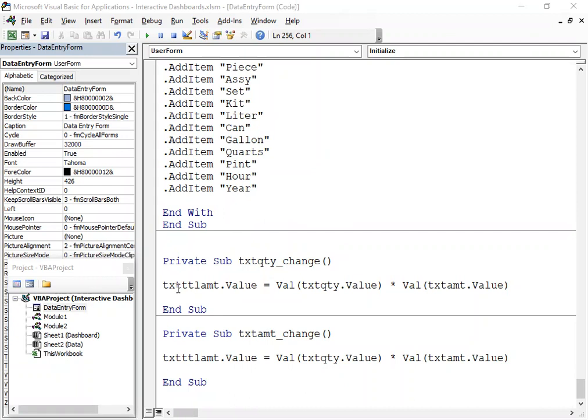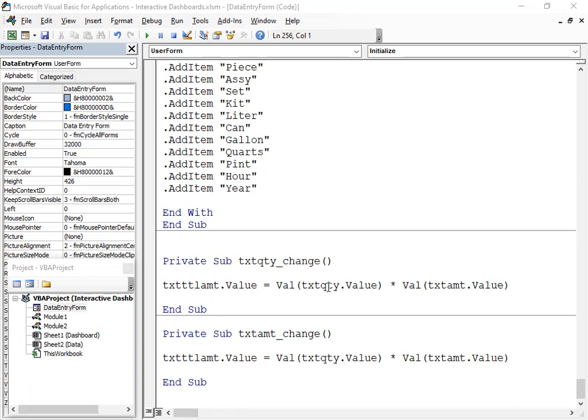The text box is the total amount, and its value is equal to Val, inside the parentheses, txtQuantity, the name of the text box for the quantity, that value, multiplied by the Val of txtAmount, the text box